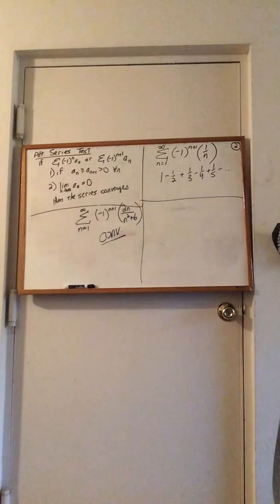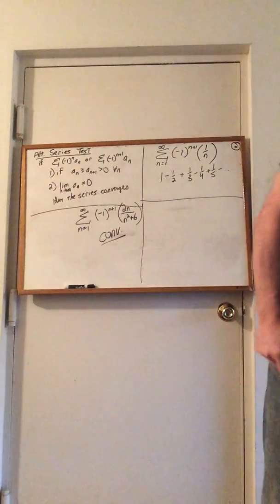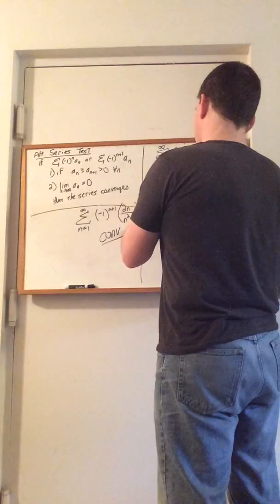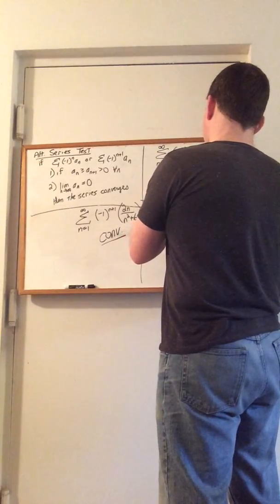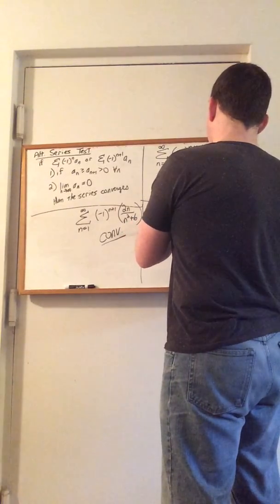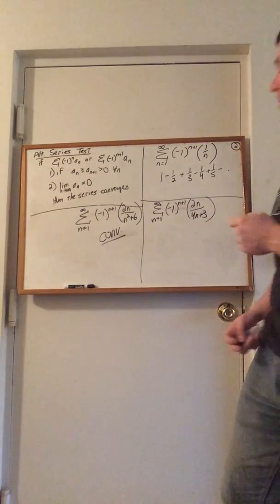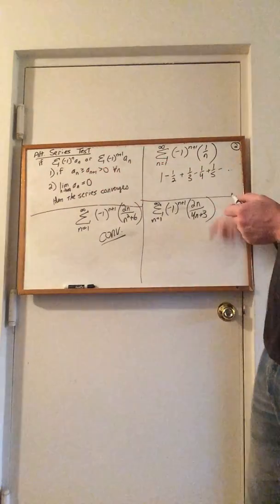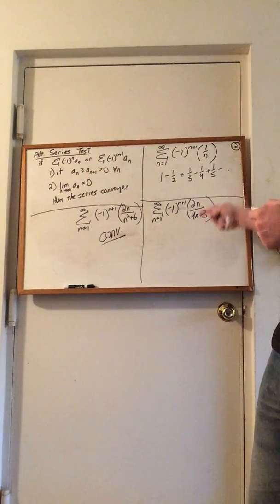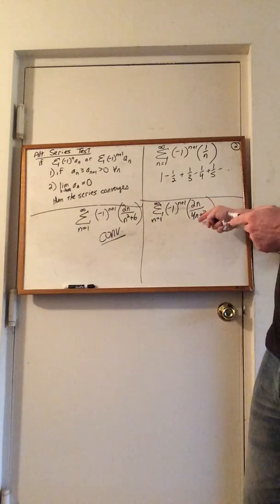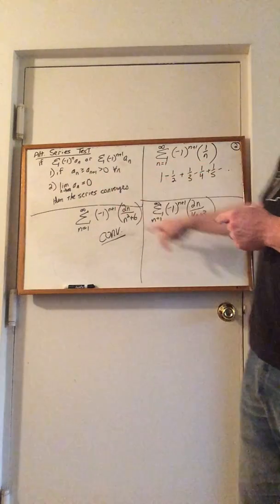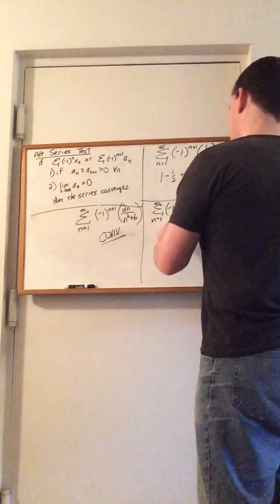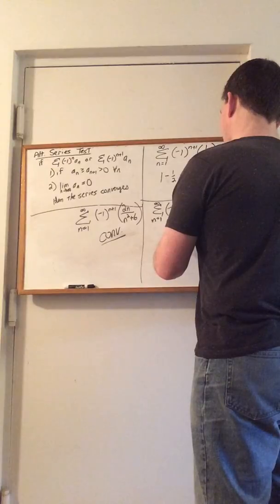So, last one I want to go over. N equals 1 to infinity, negative 1 to the n plus 1, 2n over 4n plus 3. Again, clearly alternating. I run the first check, is it decreasing? Again, you can plug in random n's and actually see this will definitely decrease. The second condition, if I take the limit of 2n over 4n plus 3,